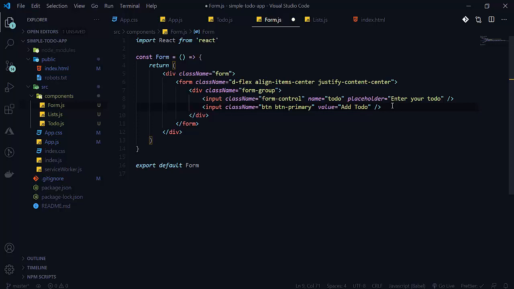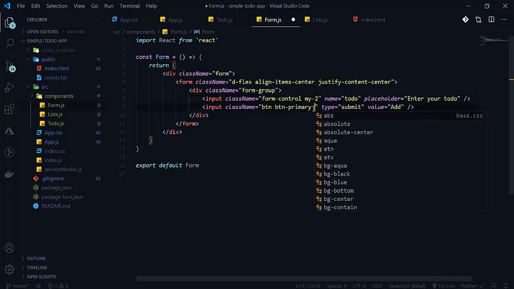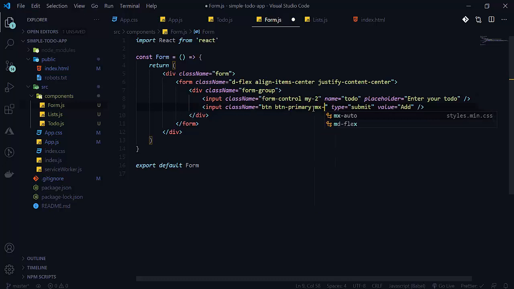Now there is one type. The type will be submit here. To make a space, we will write class name margin y is equals to 2, and same here, margin x is equals to 2. X means to the x-axis.